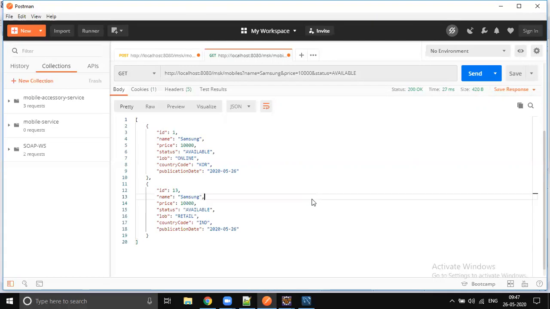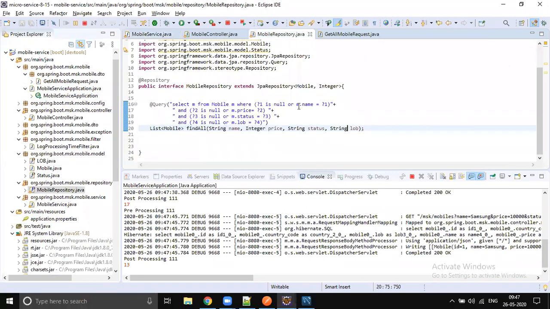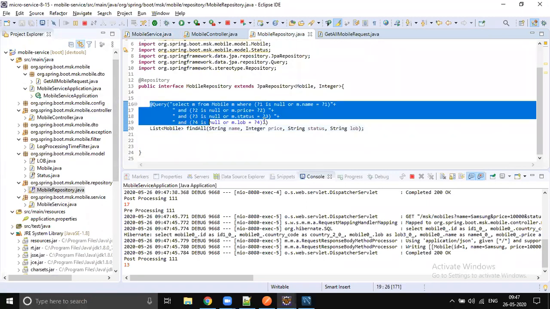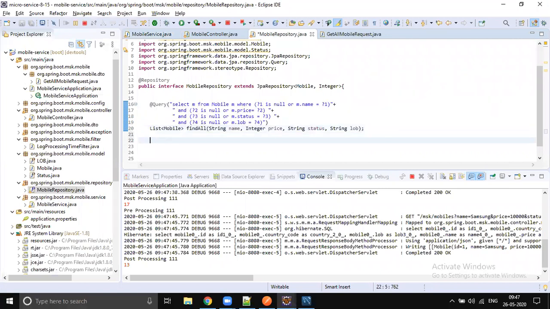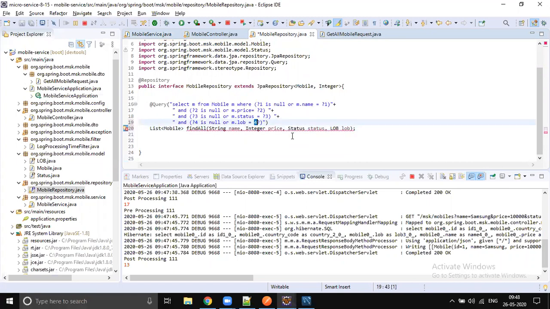So whenever you are using placeholders, you need to send string. Let's have separate methods. Let's go back and put the placeholders. If it is a placeholder, then it's supposed to be enum.